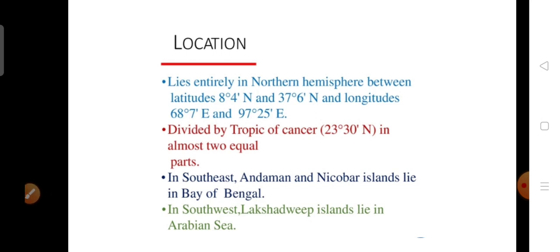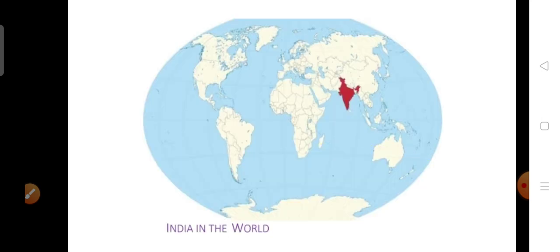The same figure which I discussed just now is explained through this theoretical form. What is the exact location of India? India lies entirely in the northern hemisphere. As you are seeing in this picture, in this map, India is shown in the red color, and in this world map, India is totally lying in the northeastern hemisphere, means northern hemisphere as well as eastern hemisphere. So the location of India is northeastern hemisphere in the world map, on the earth.